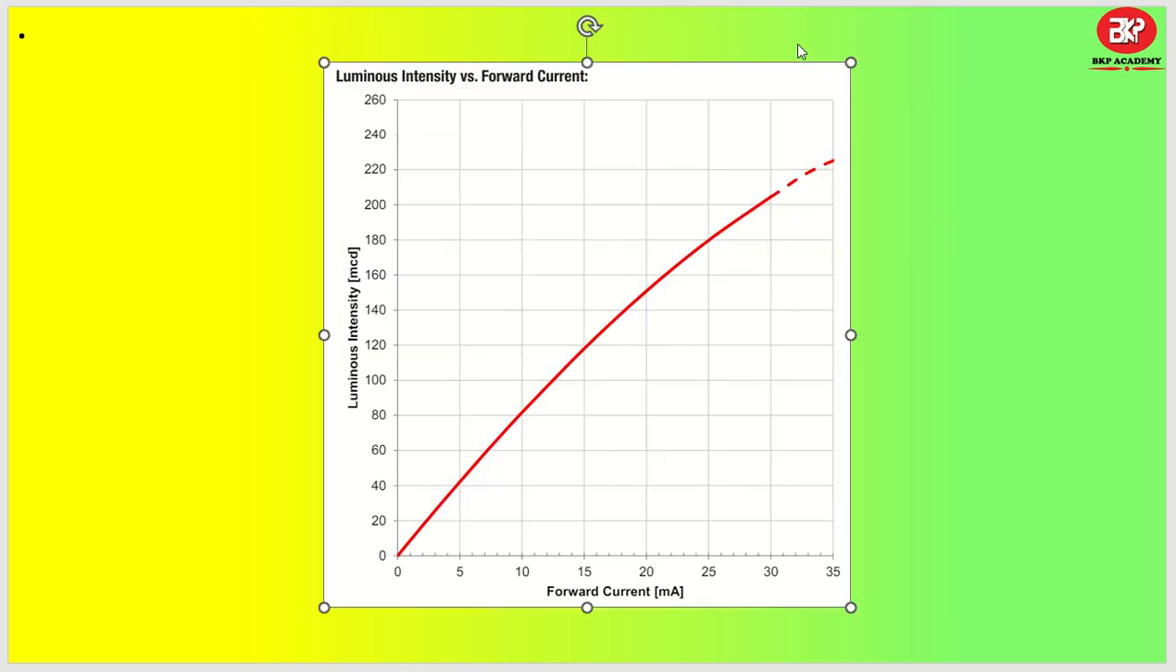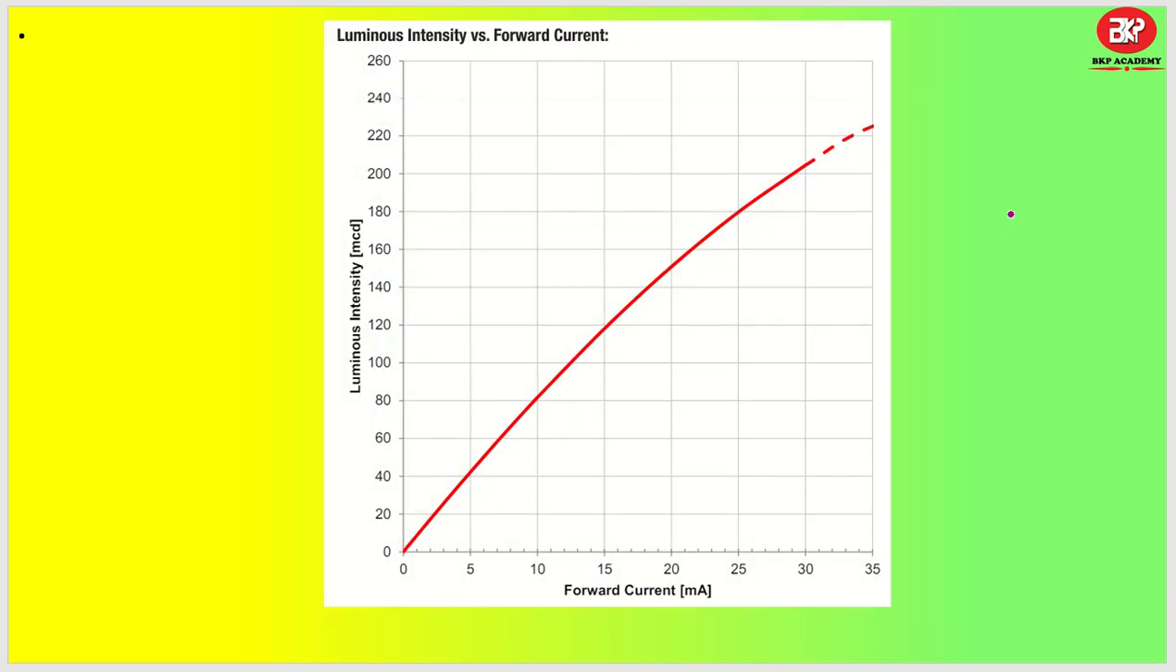other is we have luminous intensity versus forward current. As you can see, as the forward current starts increasing, the intensity also starts increasing. Okay, so if the current across the LED increases, the intensity will also increase, so it will be seen a little bit brighter. Okay,